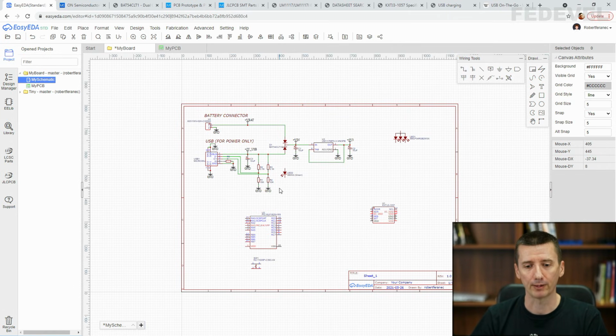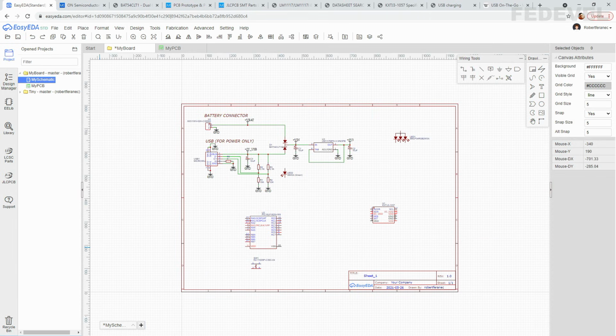And I found out that when we use a 10K resistor together with this LED, then the brightness of the LED is just right. And that's what we are going to use in this schematic. We are going to place a 10K resistor to limit the current which will flow through this LED.